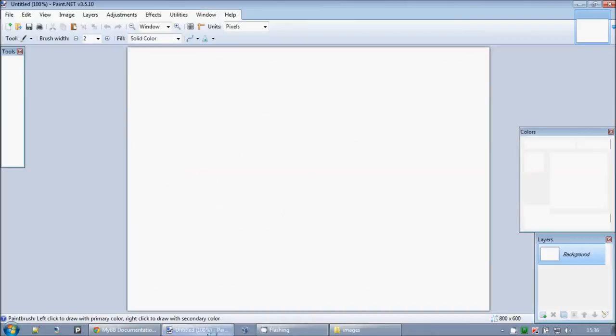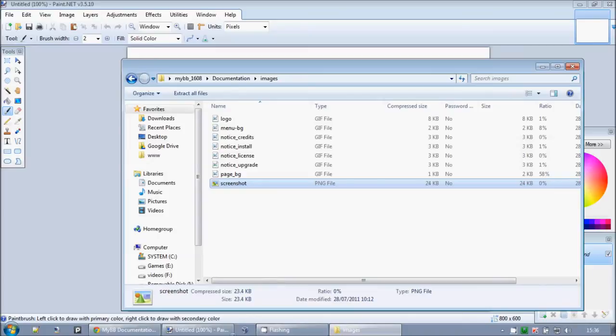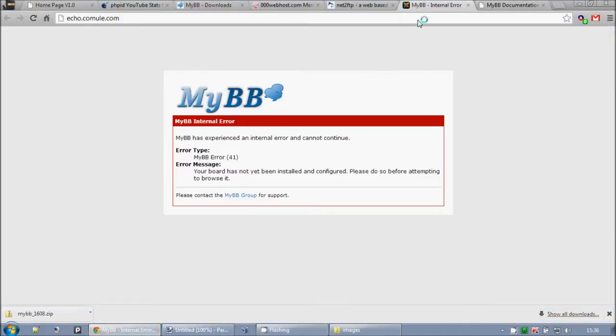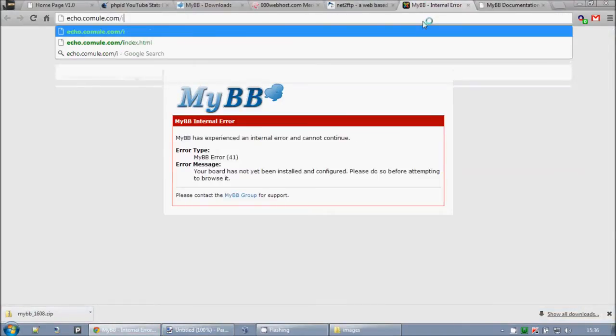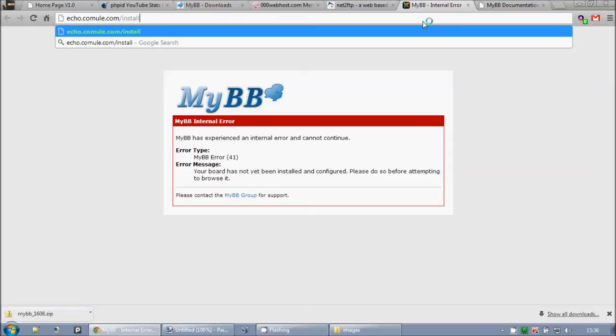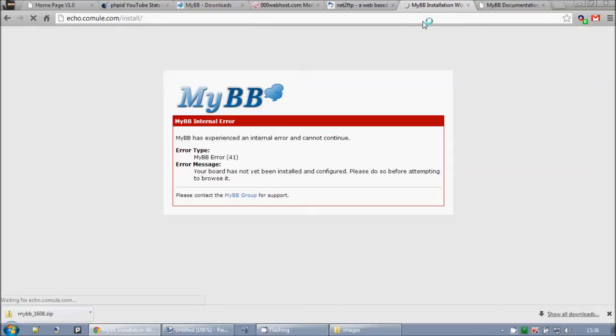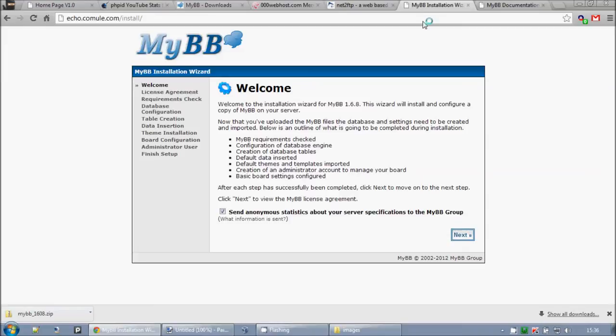Right, so now we need to rename our files. We need to go to /install. I'm sorry if it's taking a bit long, it is new to me, the whole system. It will check requirements, configure the database, create database tables, and do the default things, and we can set it to send anonymous stats to their server about the group, which we're going to turn off